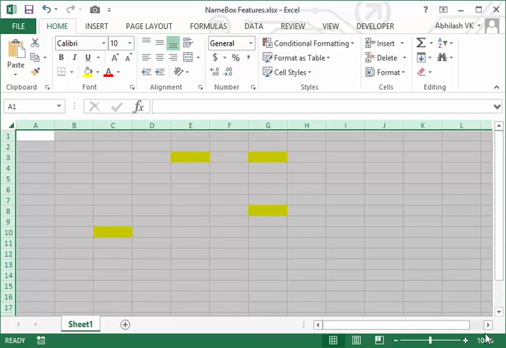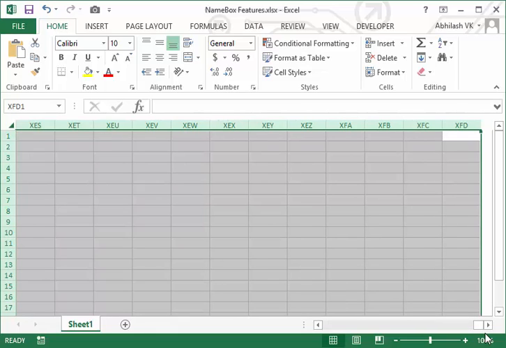If you want to see, you can use control period, which is full stop. See it, what control period does is it shows the corners of the range of cells that you have selected. It shows all the corners: north, east, west, south.